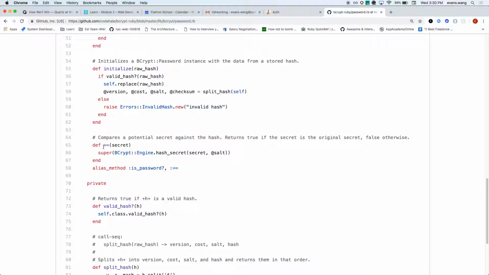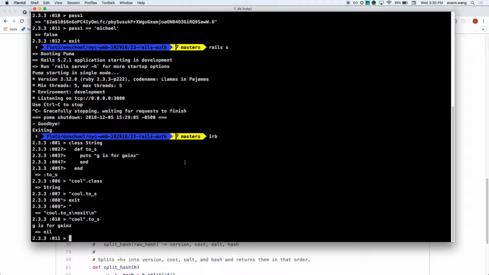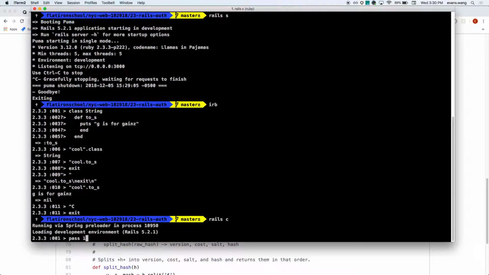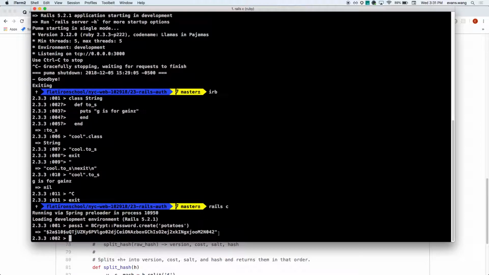Let's take a look at an example of this. Okay. Let's do this. So I have pass1, and I can do BCrypt. You got a cool password for me? That is the coolest password I've ever heard. Potatoes. I just realized that I don't want that to go fully on the recording. Cool. Remember, this is the string. I just copy this and put it. If I do this, it is the comparator that you know and love. If I compare it to pass1,